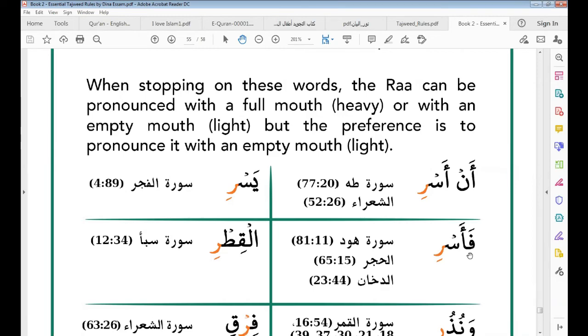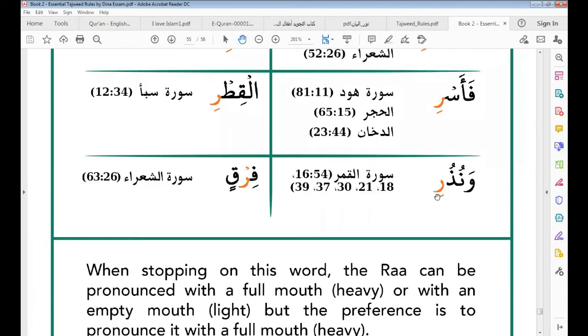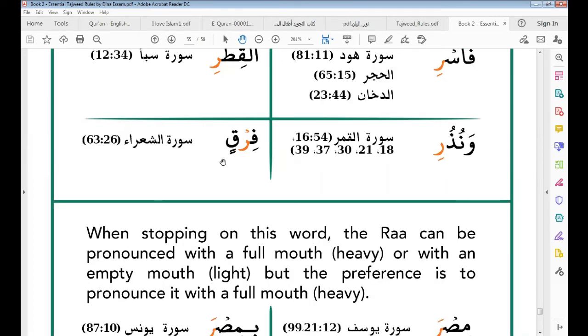فأسر. القطر. ونذر, we can say ونذر or ونذر. فرق. This is the difference. We can say it in a light way or in a heavy way, but it's preferred to say it in a